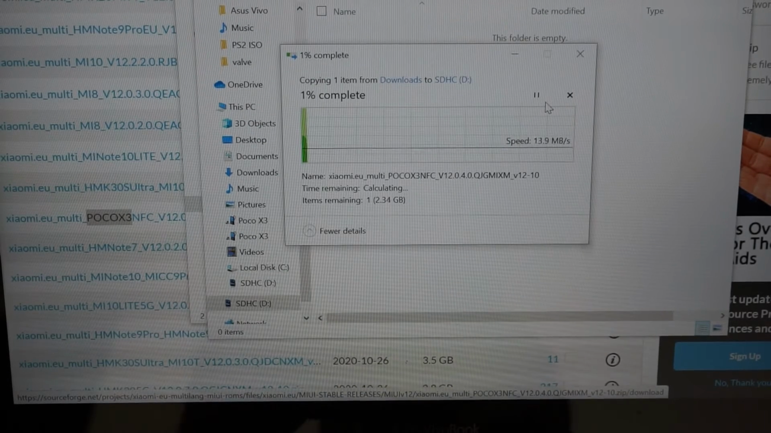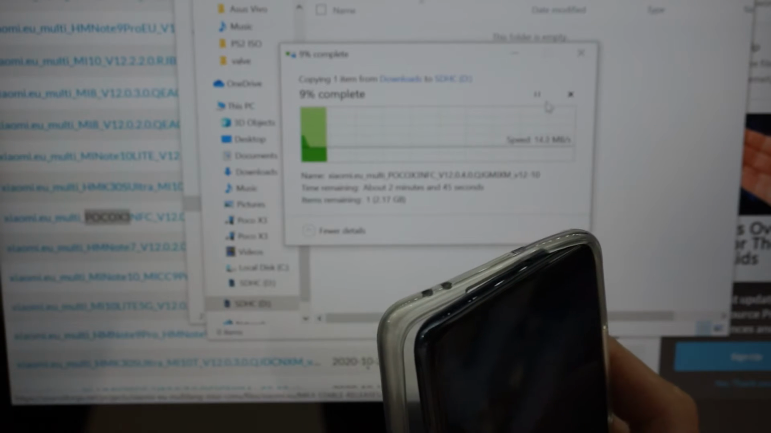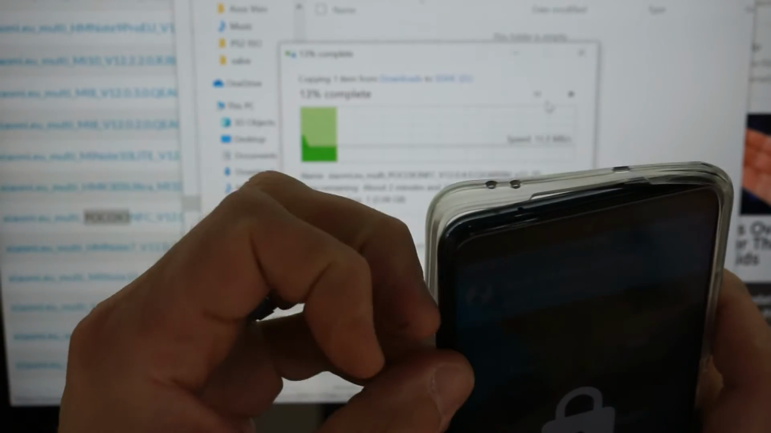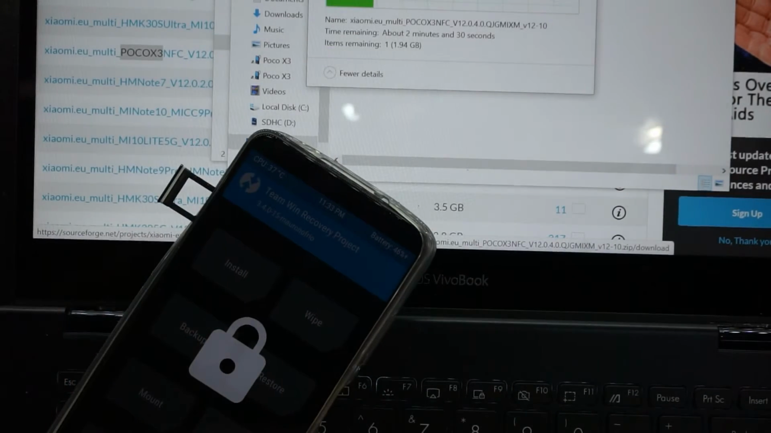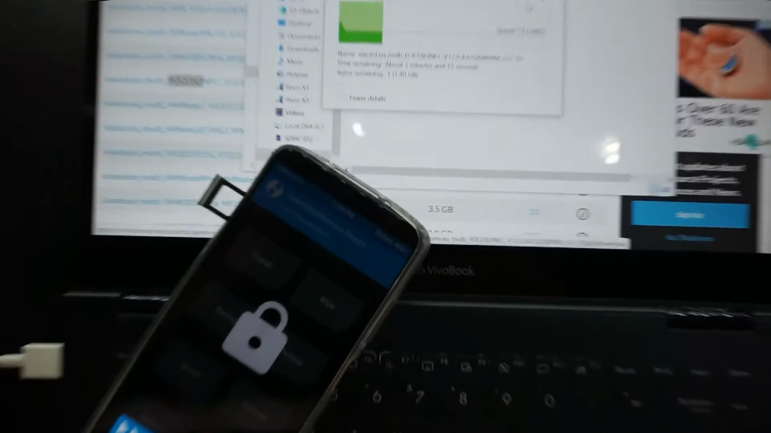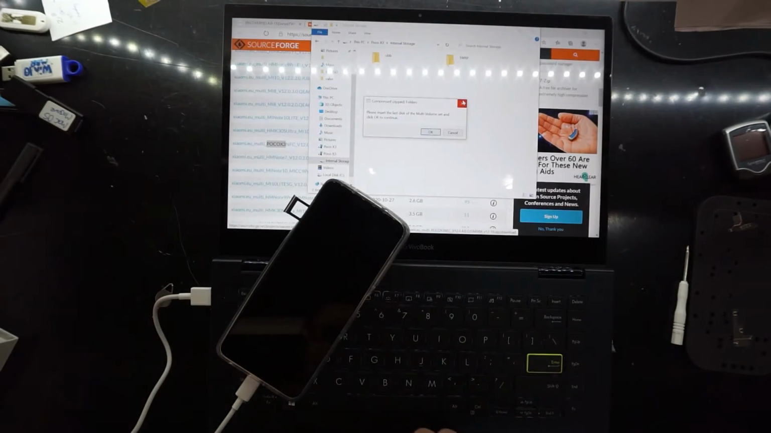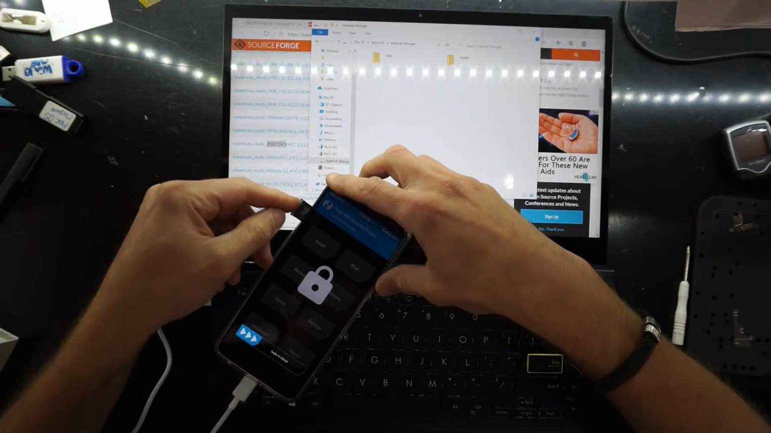And then from here I'm going to go to the phone itself while we wait for that to do its thing and eject the SIM tray. I need a longer eject tool. And eject. So I'm not sure why it's not allowing me just to go directly onto the internal storage, but I will just give it a minute. There we go, so now finish copying onto my SD card. Push that in,